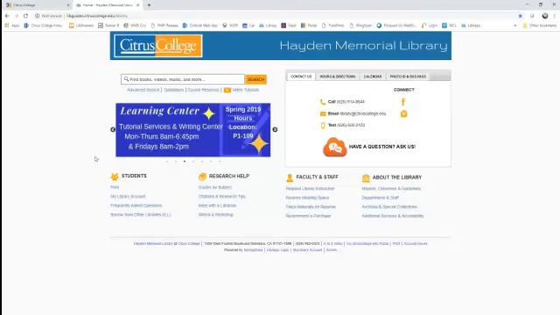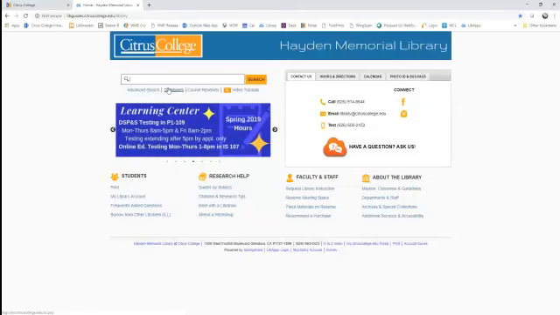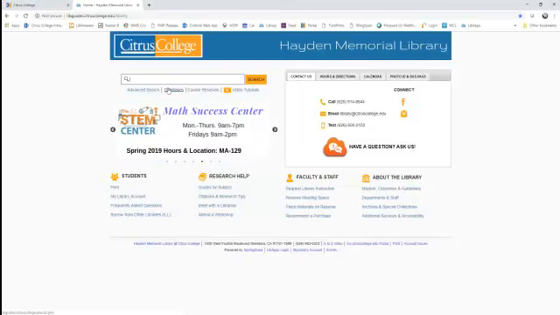The first thing we're going to take a look at here is our library catalog. So if I go ahead and click on that, I can type in my search term. Now, for the purposes of this tutorial, I have selected to use John Lennon and his lyrics. Obviously, you'd put in your own search term, but here's how I'm going to do it just to sort of show you what we have available. I'm going to type in John Lennon lyrics. I'm going to hit enter,